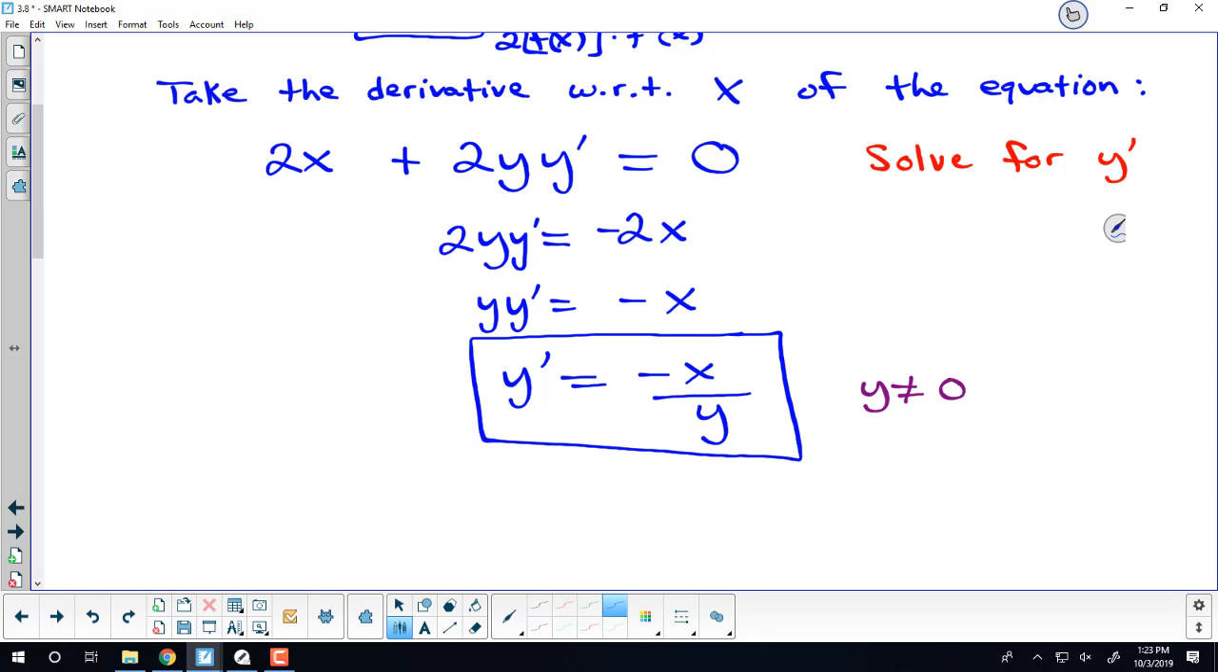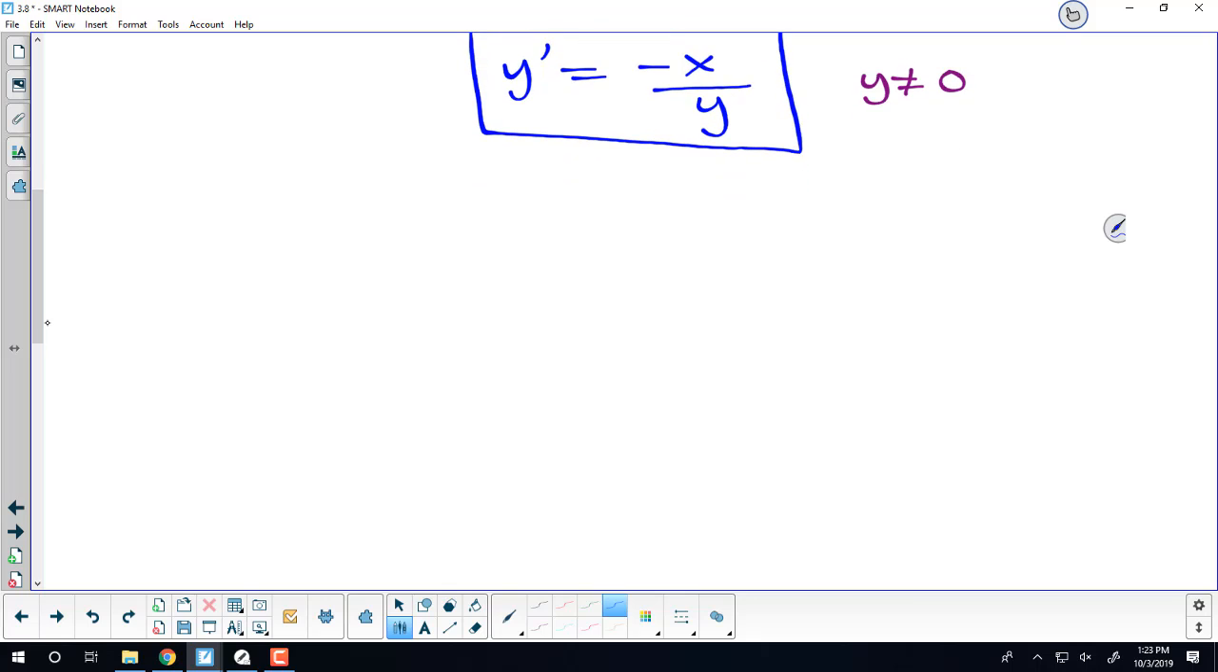But again, just to reinforce the idea, does that derivative, negative x over y, actually make sense from our prior results? What we had before this, we knew that y was equal to this thing here. So does our derivative implicitly make sense? We have y prime is negative x over y,